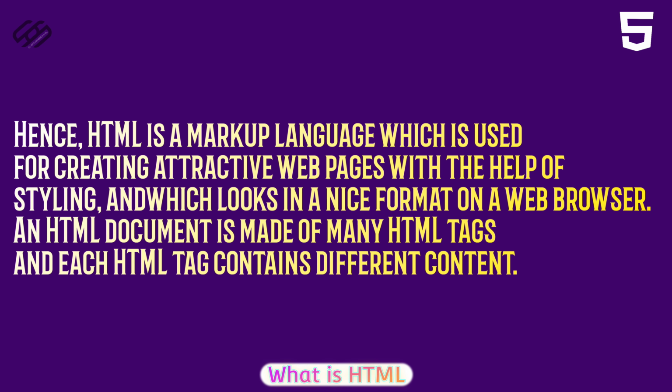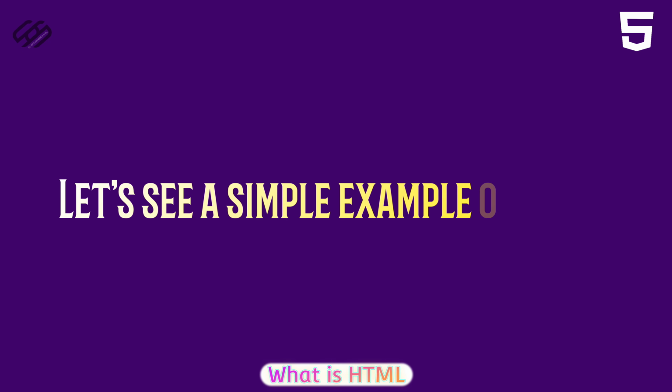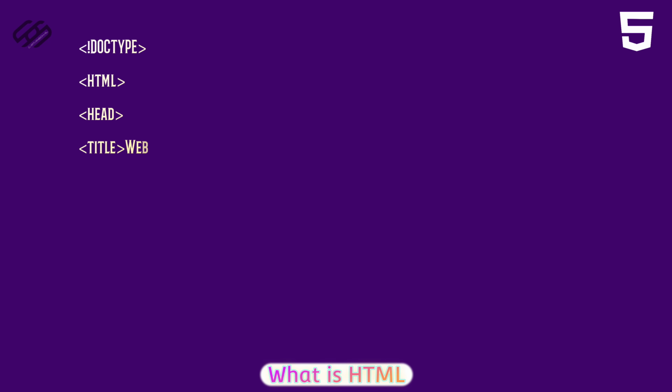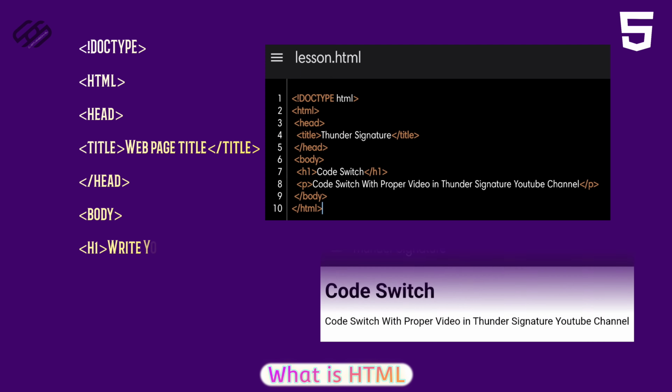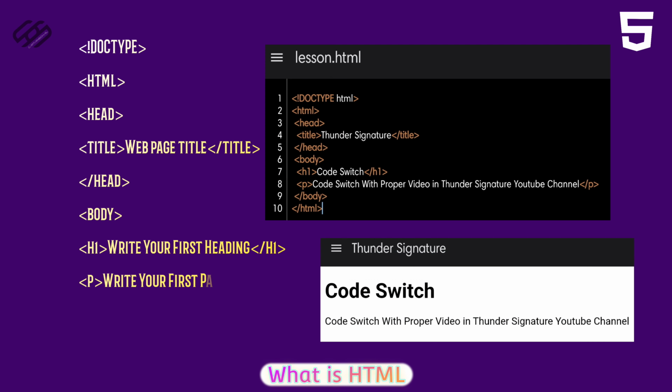An HTML document is made of many HTML tags, and each HTML tag contains different content. Let's see a simple example of HTML. <!DOCTYPE html> <html> <head> <title>Web page title</title> </head> <body> <h1>Write your first heading</h1> <p>Write your first paragraph</p> </body> </html>